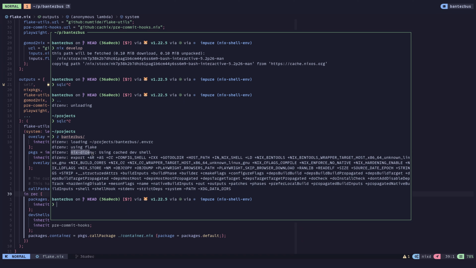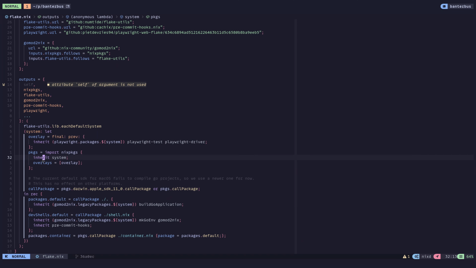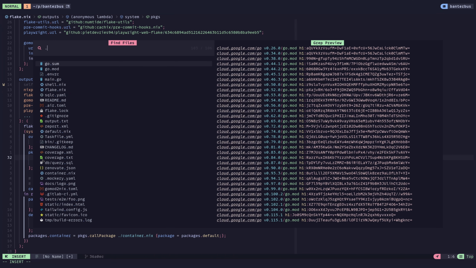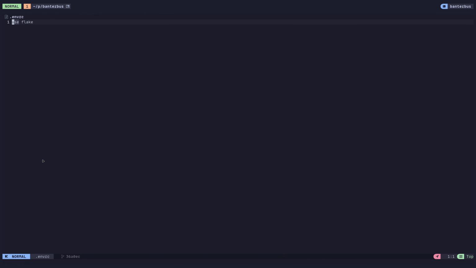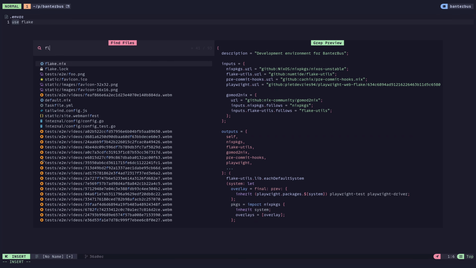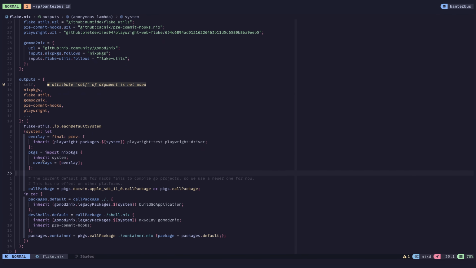We're using a variant called Nix direnv. This is cached, as in the dev shell's already been built. If we take a look at what direnv is doing, which is this envrc file, we can see it's calling this use flake. So if we go to flake.nix, what we'll see is I've taken this generic template